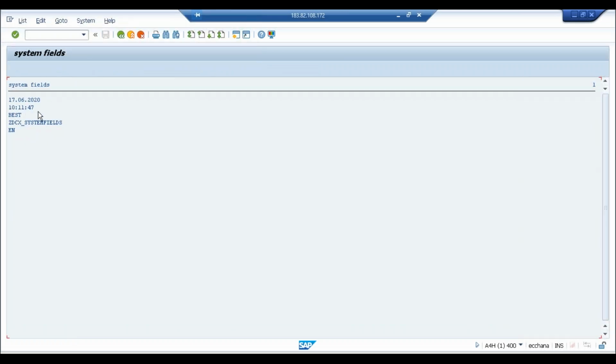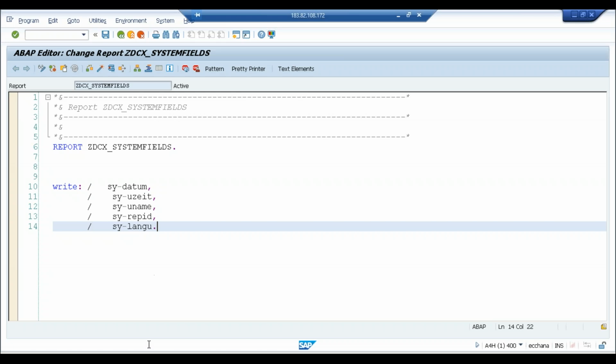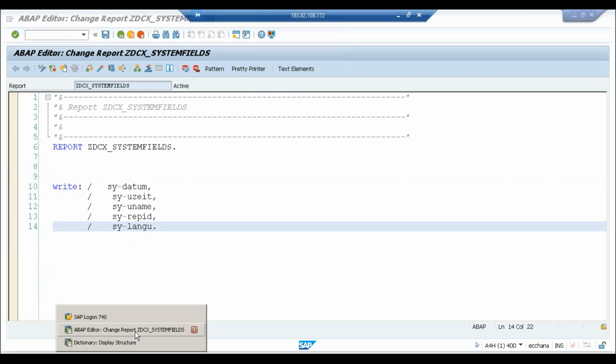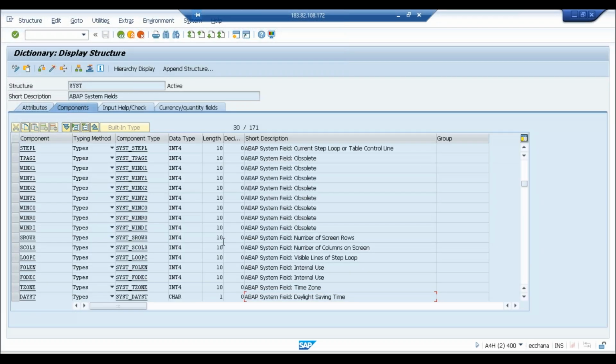so date, time, user, and this is the username with which we have logged in, and the program name is ZDXC underscore system fields. The default language is English, and this is the date. So these are a few of the system fields that we have in this structure. You can make use of all these fields,